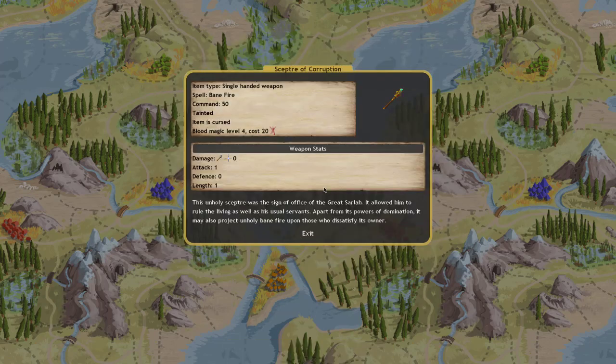Scepter of Corruption. This is going to allow you to cast Banefire. It's going to give you a command of 50. It is going to horror mark you, and if I remember right, it's a pretty good chance too, like 10%. So a couple years at most, your unit's dead, and that's pushing the long end of the boundaries here. Honestly, not really worth it,